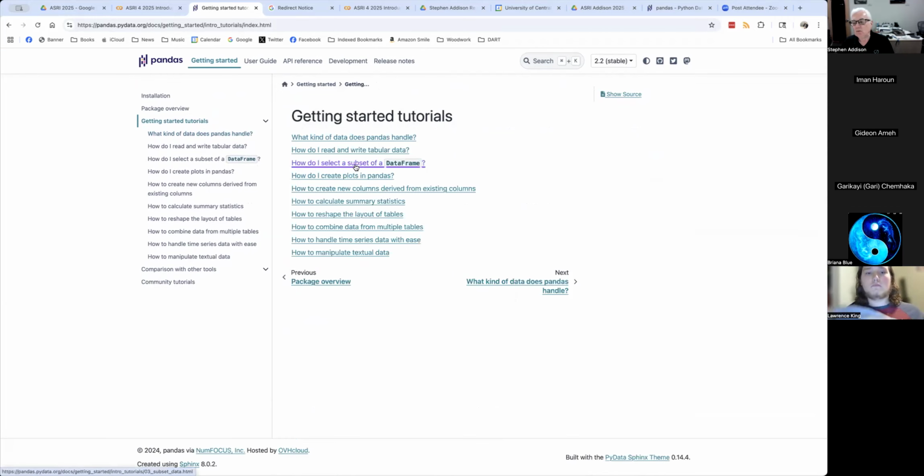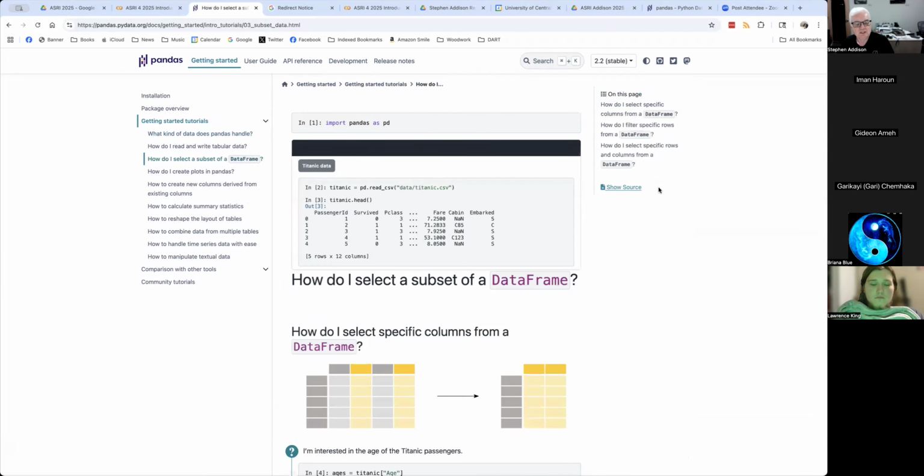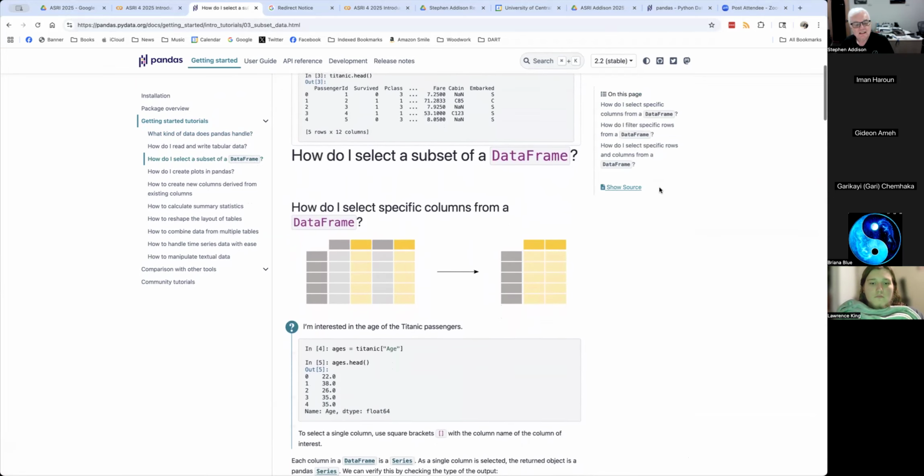So the tutorials are quick, but one that I'm sure that somebody is going to need is, how do I select a subset of a data frame? I've shown you how to pick columns, but this will show you more. So